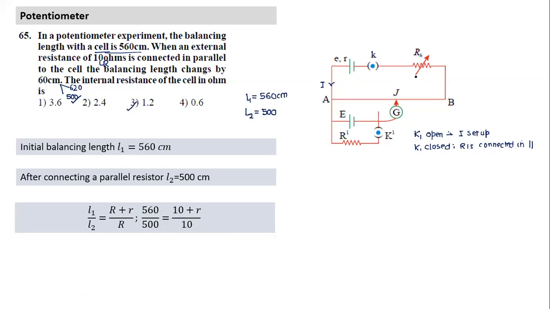If we change this variable resistance, in the first setup when the key is open, I keep some value. After I close the key, I shift the position of the rheostat. The potential gradient will change. So I can't use phi as the same in the earlier equation. Then it becomes phi 1 and phi 2. So if we want to use this equation, it means there's no change in the setup in the primary circuit. Then only phi can be taken as equal and it gets cancelled.